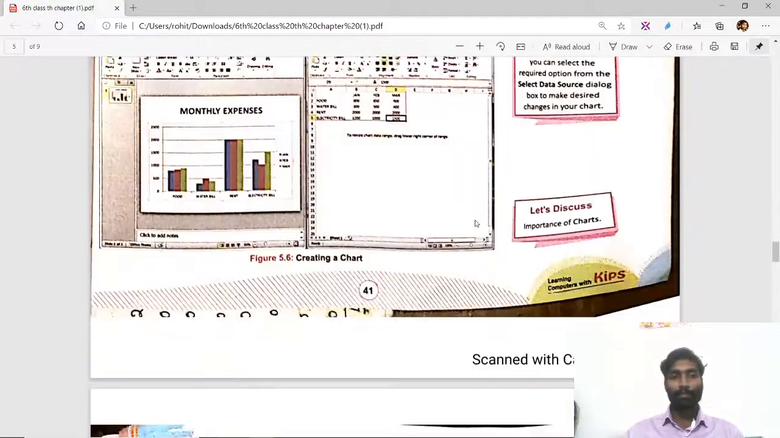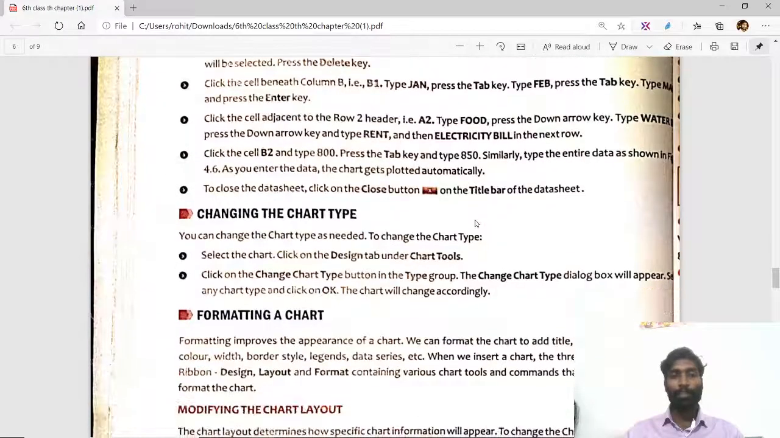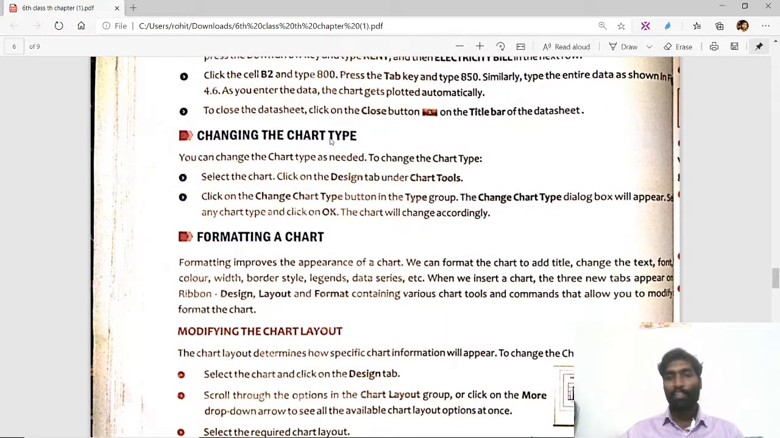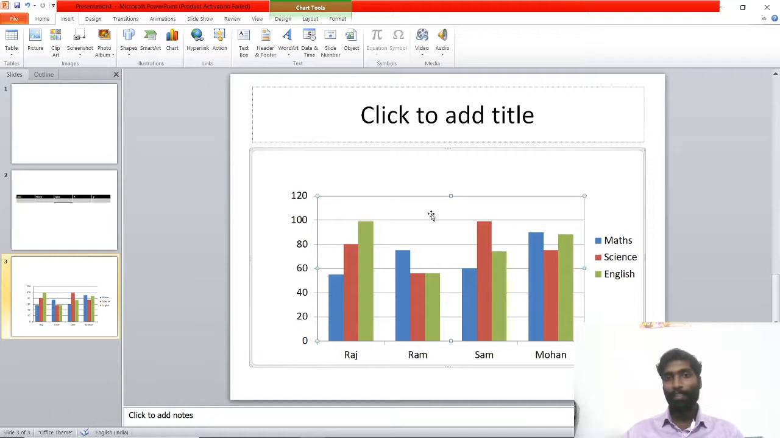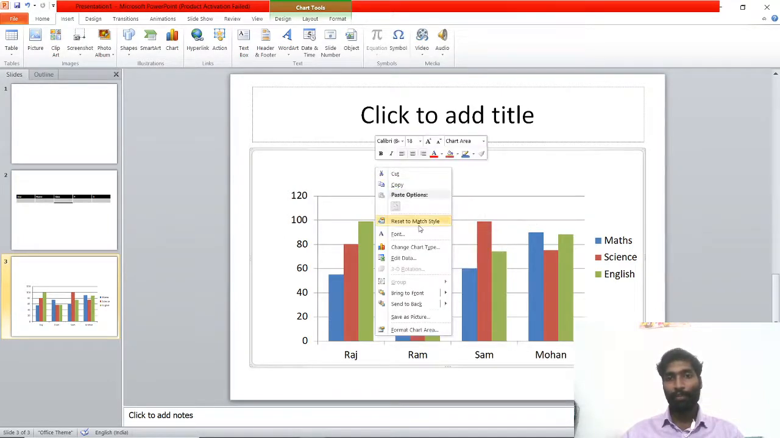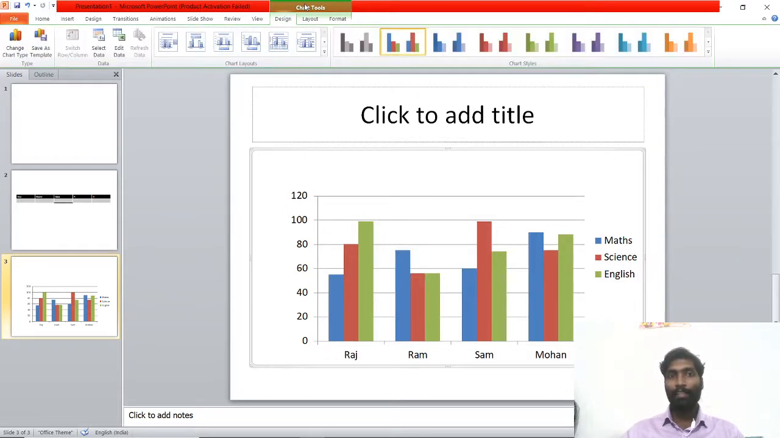First one, changing the chart type. Already I mentioned in the previous class, just right click in a chart area and we can see change chart type. This is the first method. Else select the table tool, just see here,